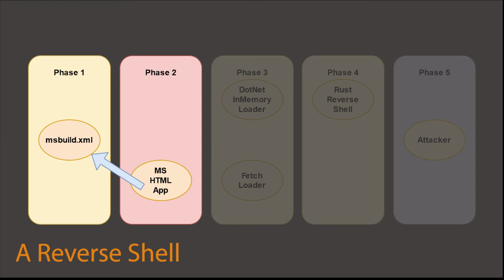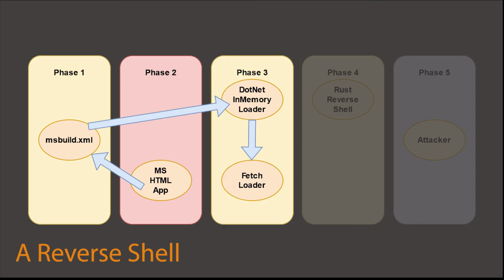application, such as VBScript. In our case, we have a script that will go and find our MS build file in this predictable cache of Internet Explorer 11. And once it's found our build file, it will invoke msbuild.exe on it, and we will have our phase 3. Right? So now we have a .NET in-memory loader because it was just text at that point. And once our build file is now